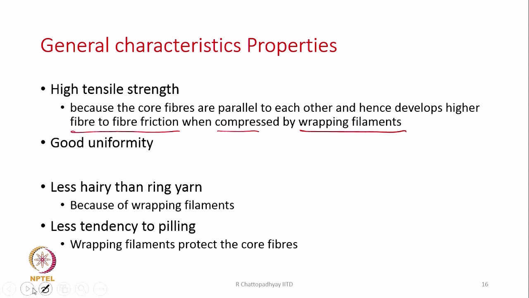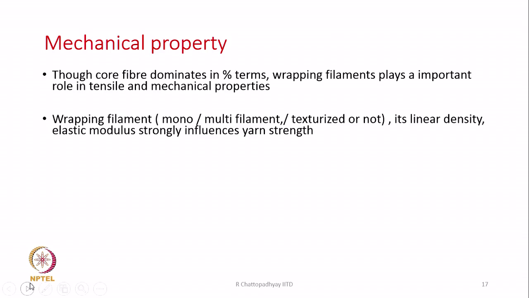These are the general characteristics, and if we look at the mechanical property, the core fiber dominates in percentage terms. Wrapping filament plays an important role in tensile and mechanical properties. So, the core fiber will actually dominate the mechanical property of this yarn, but